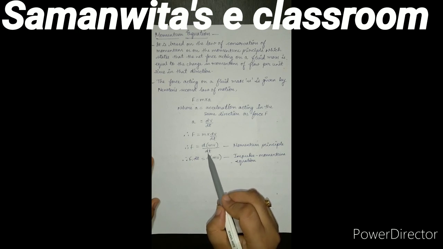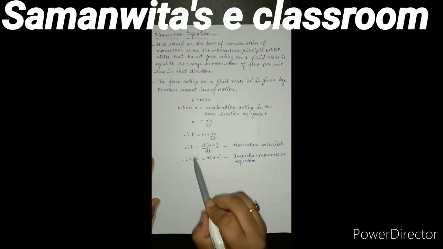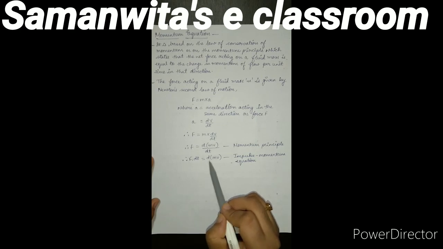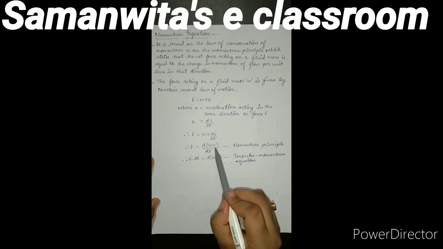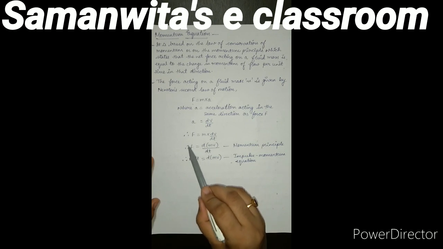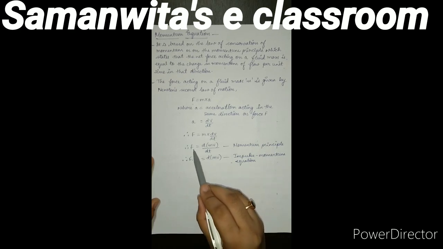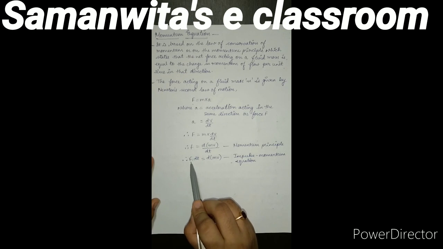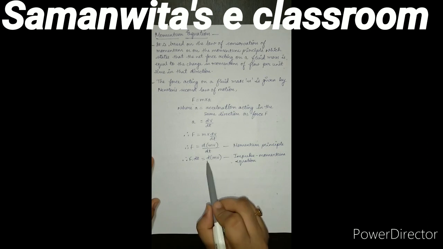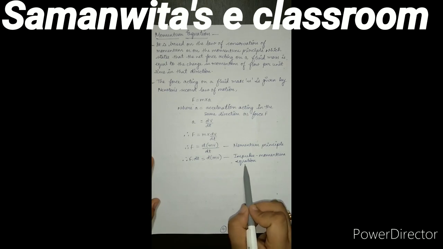When I write d by dt, this is an ordinary differential equation and these two can be separately written. So I transfer this term over here and I get F dt is equal to d(mv). Now d(mv) is nothing but the change of momentum. m into v is momentum. So the rate of change of momentum is equal to the net force acting on the body. This is called the momentum principle, and when I multiply by the dt term, what I get on the left hand side is F into dt, which is nothing but impulse, and this is the change of momentum.